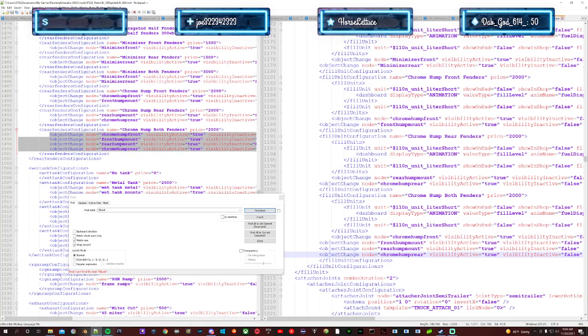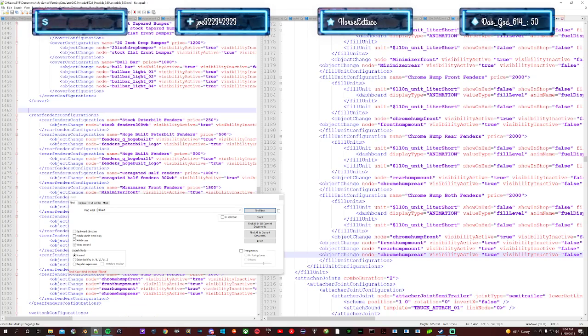Now, since we pasted in this configuration, we can get rid of this whole line here. So I'm basically gonna green line it out so it won't be read by the game. And to do that is with these characters right here that I'm typing,